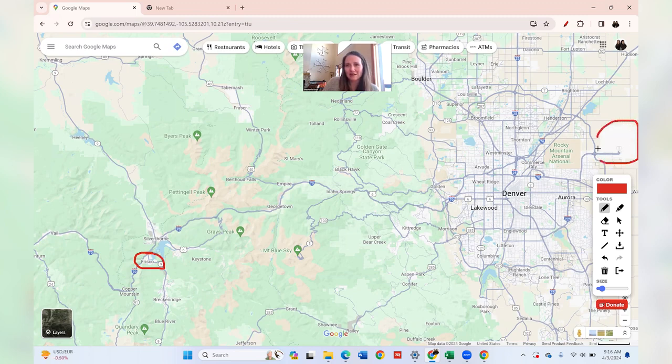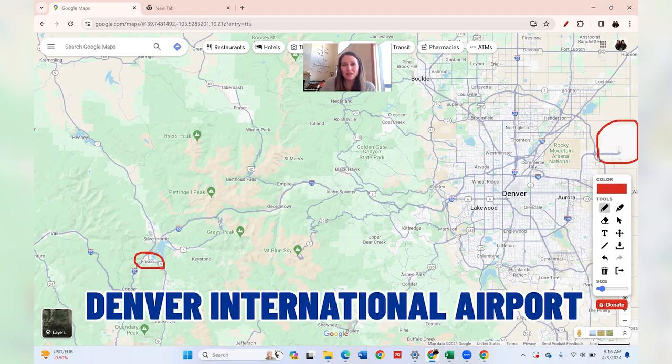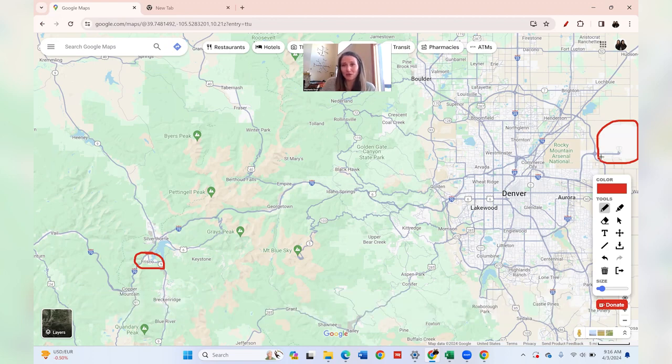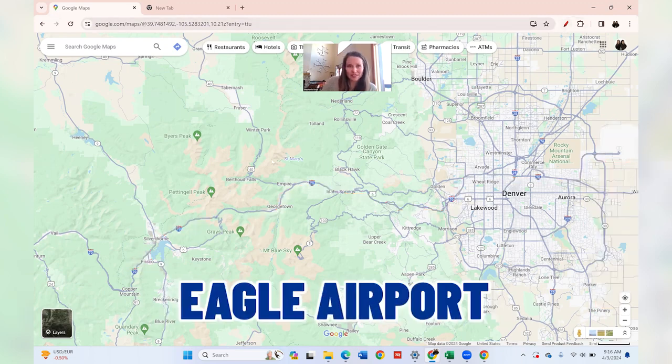Here is Denver International Airport. So if that's where you choose to fly in, it's pretty easy to get here. You are going to get out of the airport, hop on I-70, and stay on that through Denver, heading west through the mountains all the way to Frisco. Now we have two exits for Frisco, one right here and then one right here. So it's about an hour and a half to DIA,